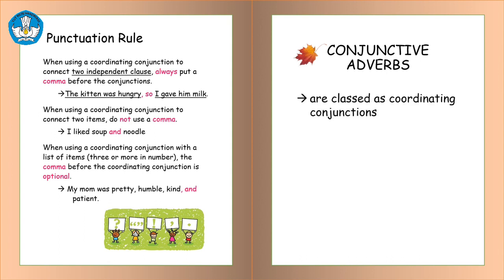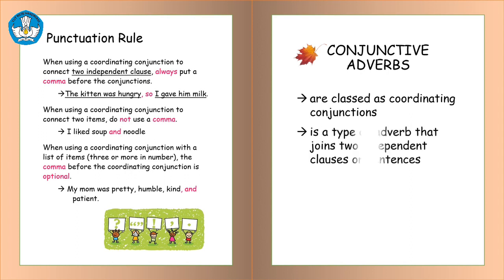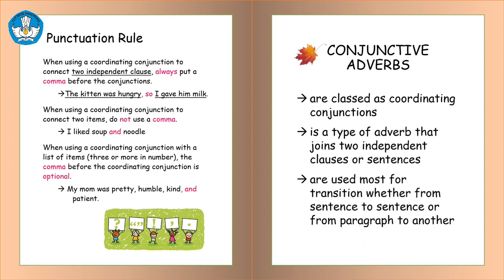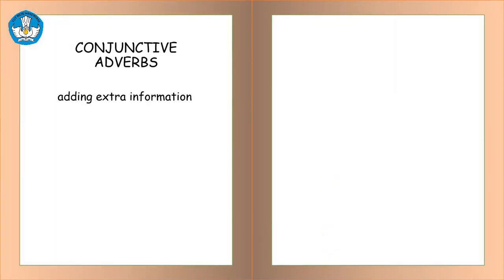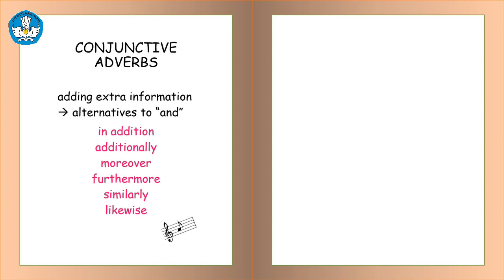Next, let's continue to another conjunction, which is a class of coordinating conjunctions. It is conjunctive adverbs. Conjunctive adverbs is a type of adverb that joins two independent clauses or sentences. They are used mostly for transition, whether from sentence to sentence or from one paragraph to another. First, the conjunctive adverbs used to show adding extra information, as an alternative to and. They are in addition, additionally, moreover, furthermore, similarly,